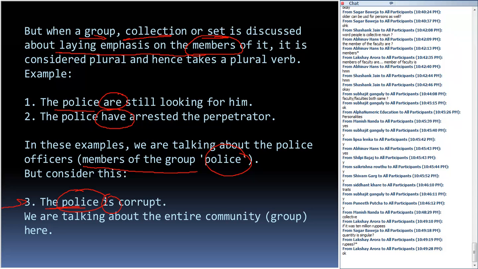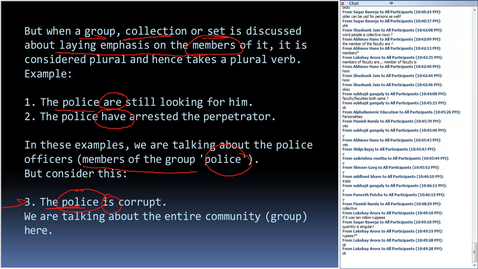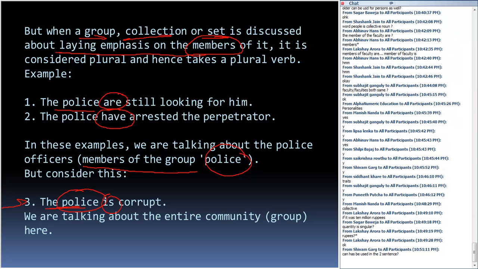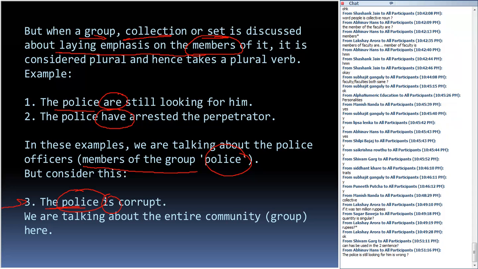Now the question is what to do in an examination. अगर examination में ऐसा एक sentence आ गया, find out whether this sentence has an error or does not have an error. और वो sentence कौन सा है? Number 1. The police are still looking for him. What are you going to do? क्या करोगे in that case? In that case, you cannot mark it as wrong. उसको आप wrong mark नहीं कर सकते